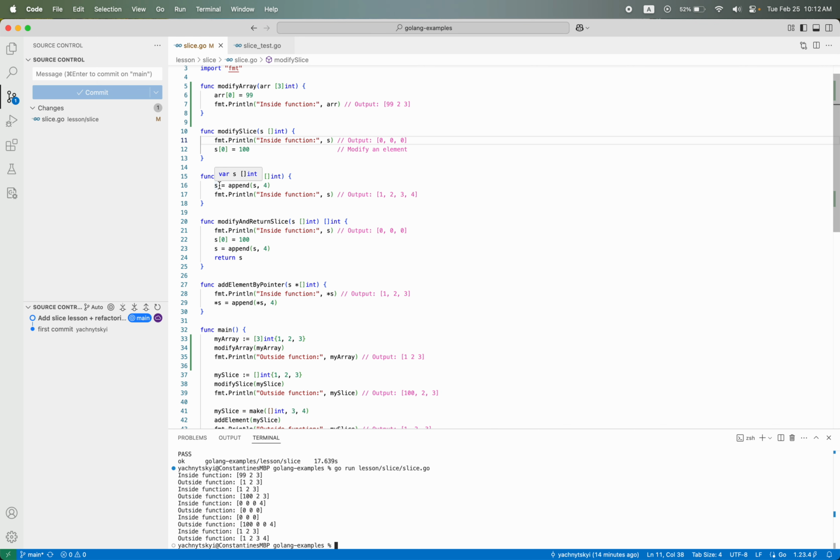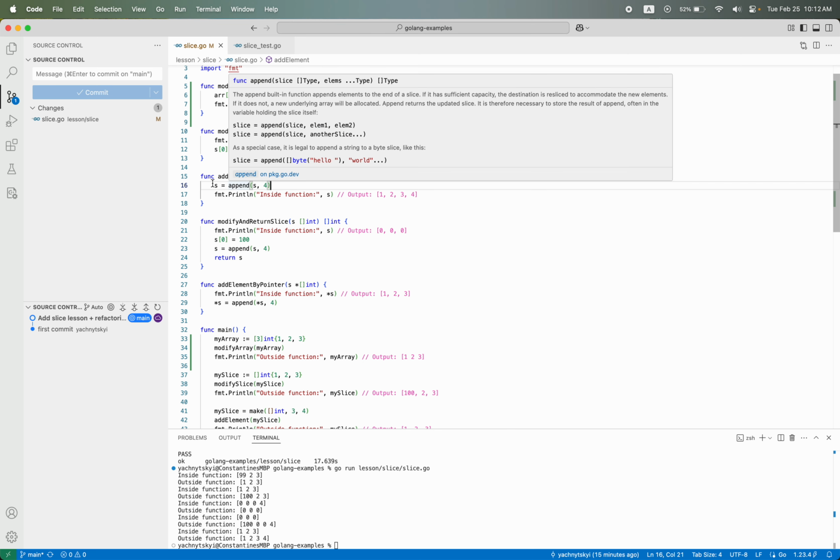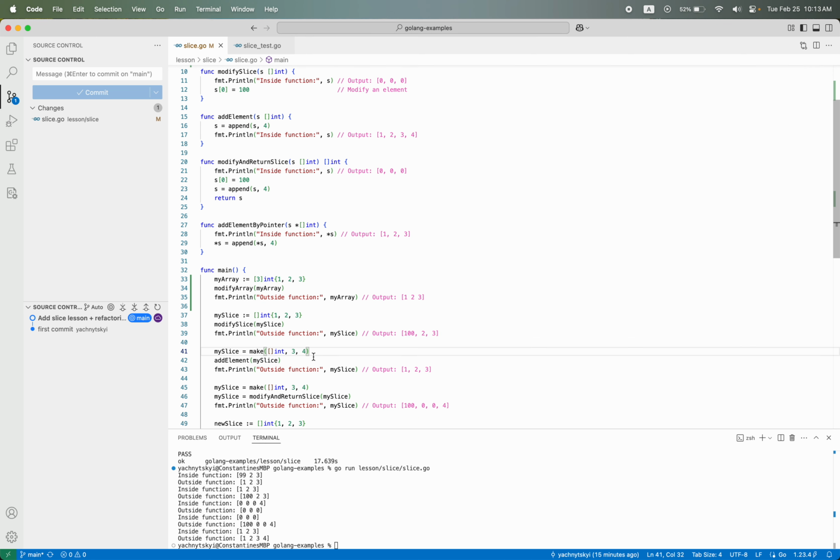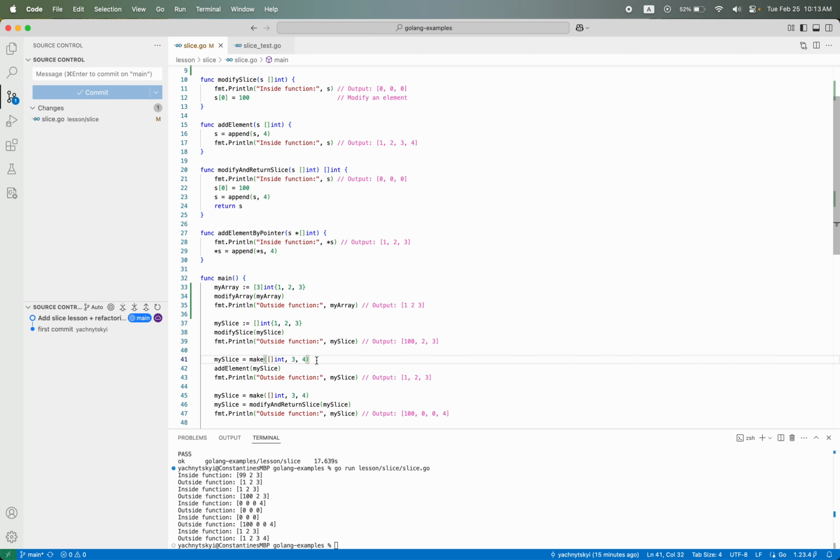You will ask, but we add a new element into the underlying array, right? So why don't we see the changes here? If we still use under the hood the same array, with this slice and with this slice here, why don't we see any changes? There are two problems here. First of all, if we exceed the capacity of our slice, we need to resize it. I'm not going to stop on it now, it will come later, but just keep it in mind, it might also be a problem. And the second problem,